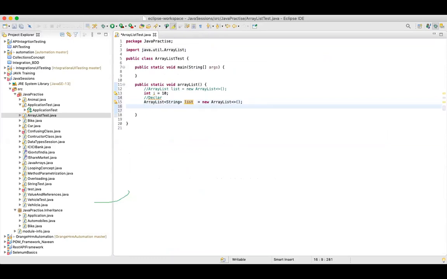Now, why do we use ArrayList? We have to store a particular element in ArrayList. So we can use,